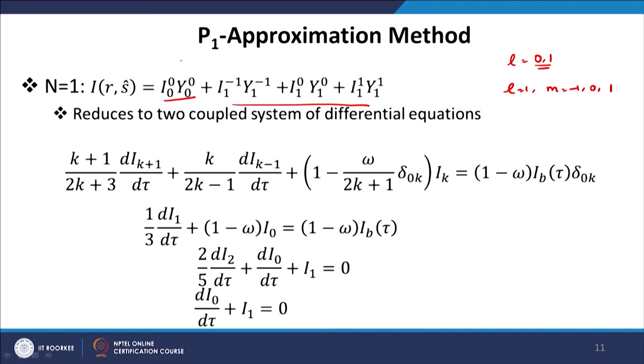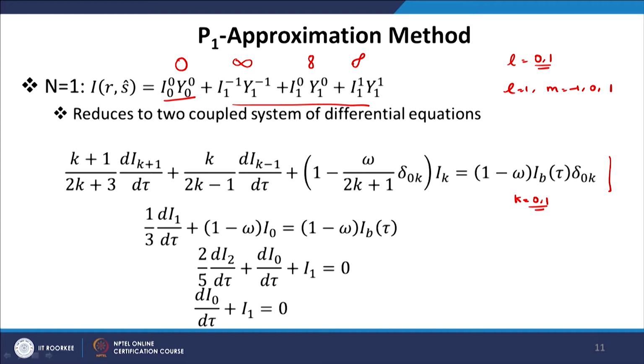The first term will be represented by intensity, which is isotropic. The second term will have intensity like this and similarly in the other direction. So, there will be three terms of three different intensity variations. Now, we apply the Pn solution, and for this special case we substitute k equal to 0 and 1. We will get two equations.